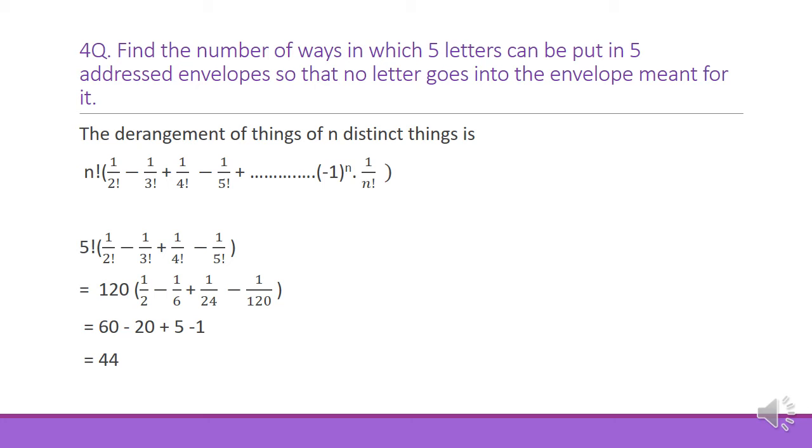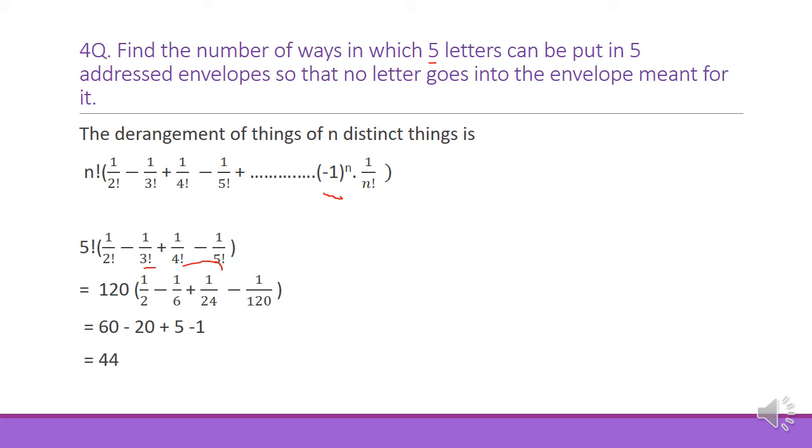The derangement of n distinct things is n factorial into 1 by 2 factorial minus 1 by 3 factorial plus 1 by 4 factorial minus 1 by 5 factorial plus so on, minus 1 whole power n into 1 by n factorial. So here we have n is equals to 5. So by substituting in this formula, 5 factorial into 1 by 2 factorial minus 1 by 3 factorial plus 1 by 4 factorial minus 1 by 5 factorial,